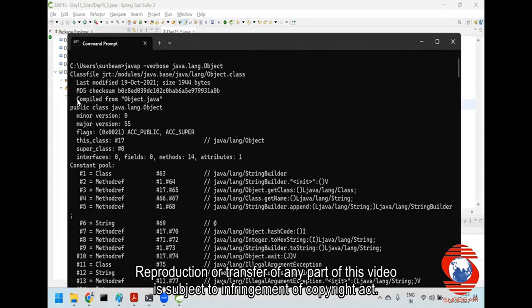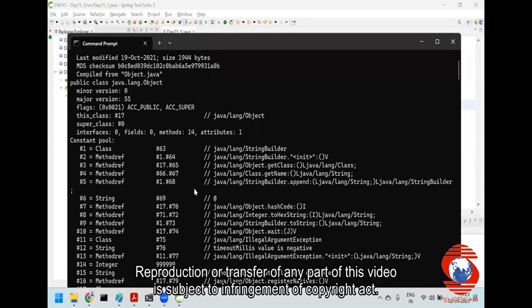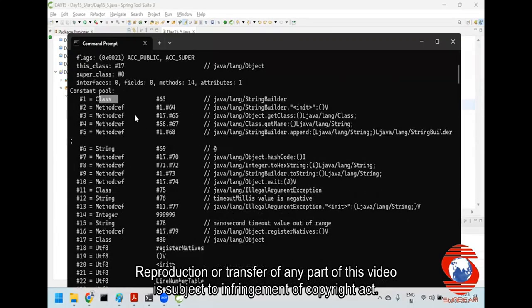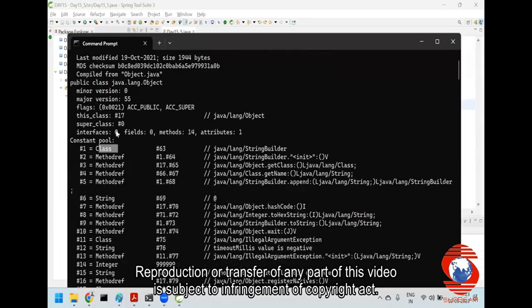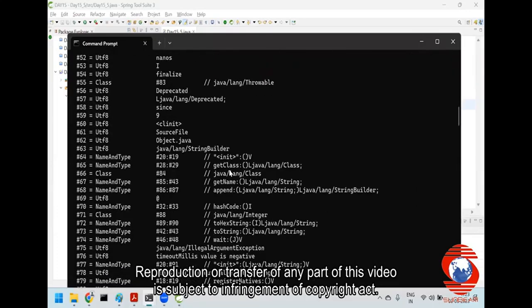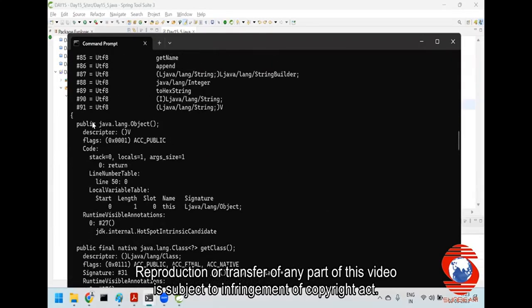It is saying it is compiled from Object.java and it is giving me the complete details about the class. What is it giving me? It is giving me some class references, how many fields are there, 0 fields, how many interfaces are there, 0 interfaces, how many attributes are there, 1 attribute, how many methods are there, 14 methods. Along with that, if you just go down, it will show you this is one constructor,